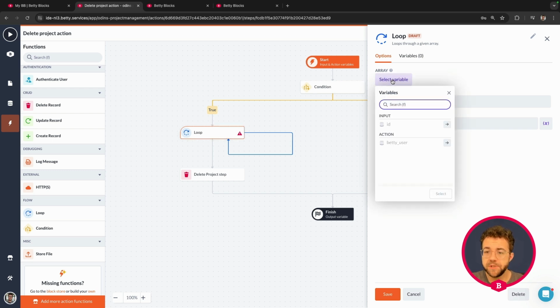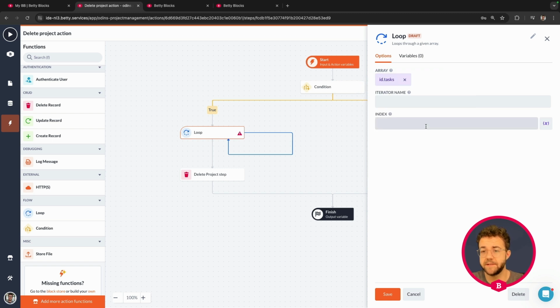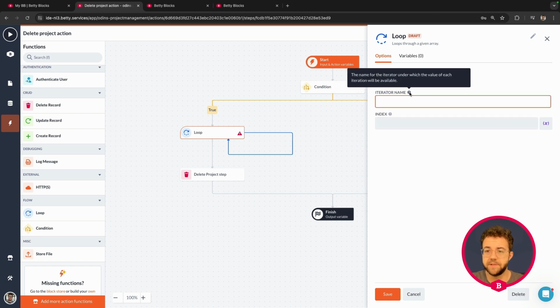So here we have the option to dive into that connection that we have set up. We first open up the input, and within our project input, we see that there is one relation that can select multiple items, and that is tasks. So we're going to click that, press select, and the iterator name, the name under which each value of the iteration will be available,